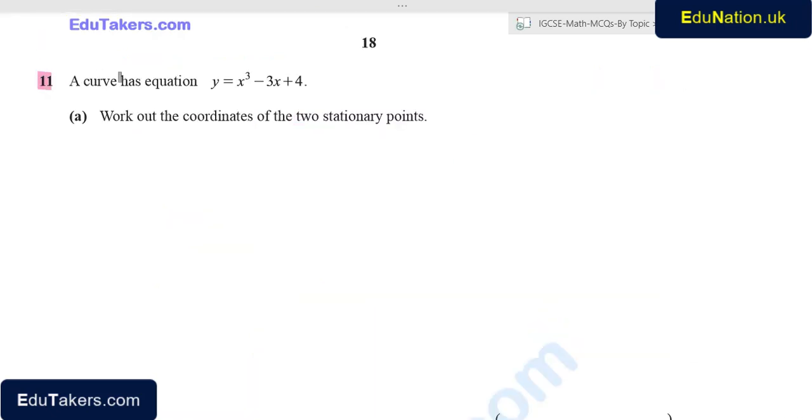Question number 11. A curve has equation y is equal to x cube minus 3x plus 4. Its first part is work out the coordinates of the two stationary points. For stationary points, we will find its derivative. So dy over dx is equal to